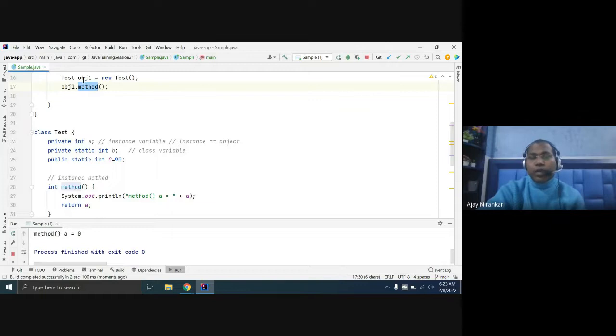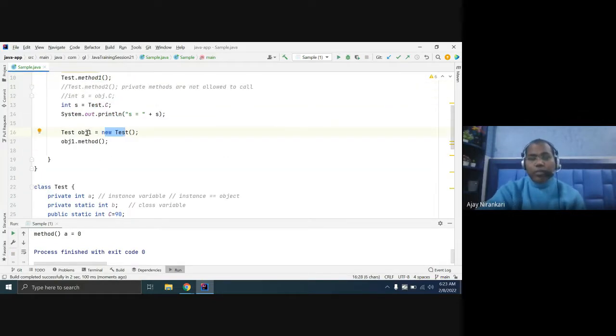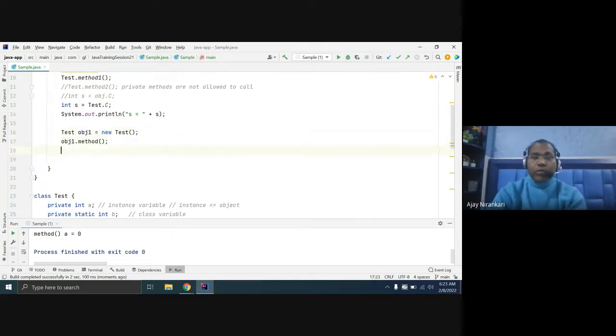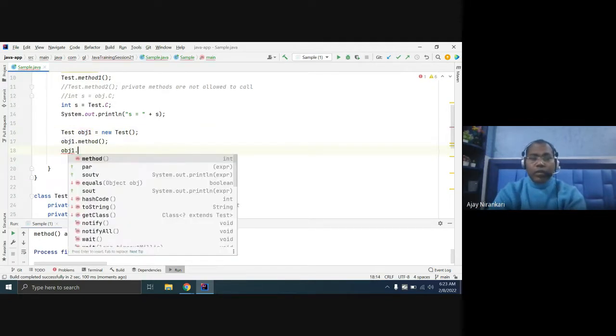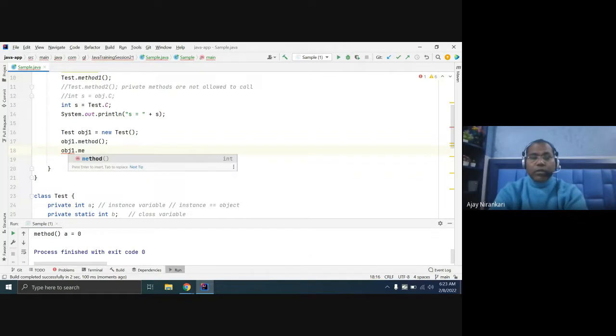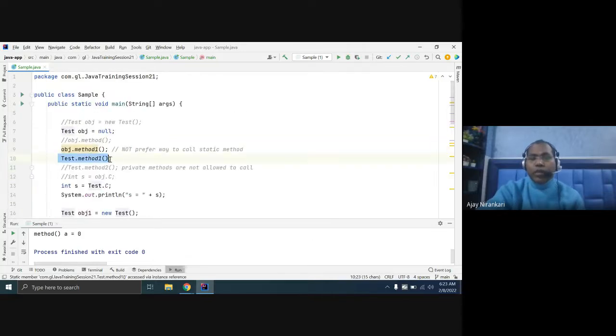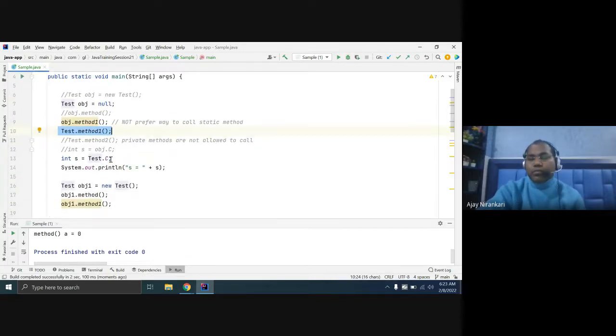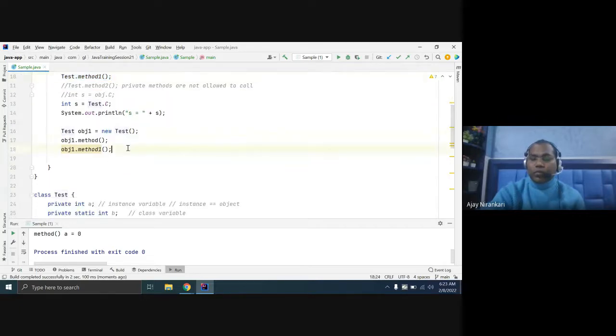Now our object is created and it works fine. But sometimes some developers also try to invoke the static method with obj1 dot method1. But please avoid that. Always prefer to invoke a static method from your class name, so you should avoid it.